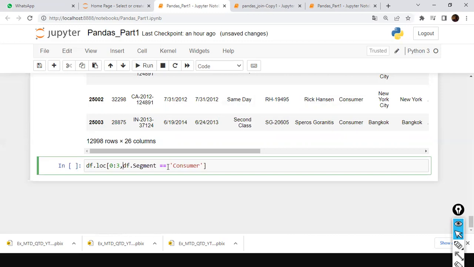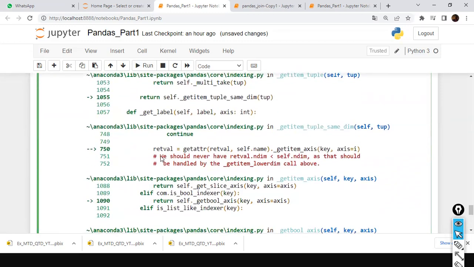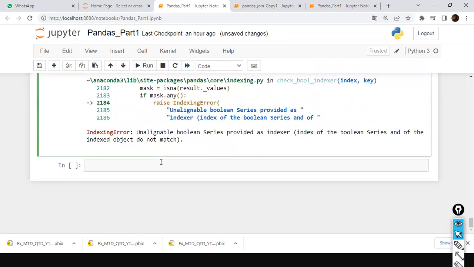0:3, something like that. And here it shows an error: unalignable Boolean series provided as indexer. Okay, what is this error? It tells us